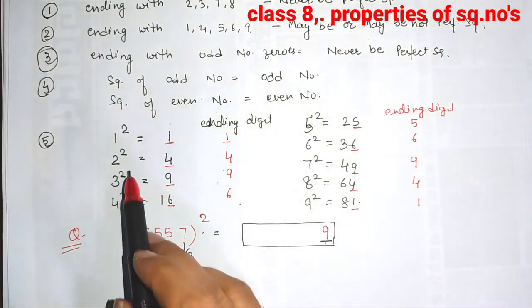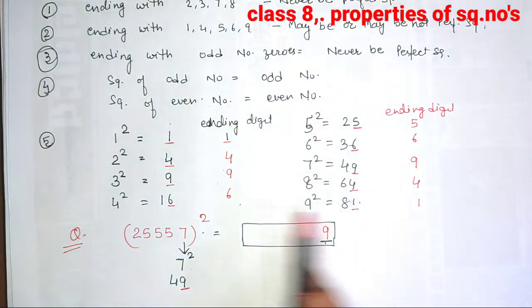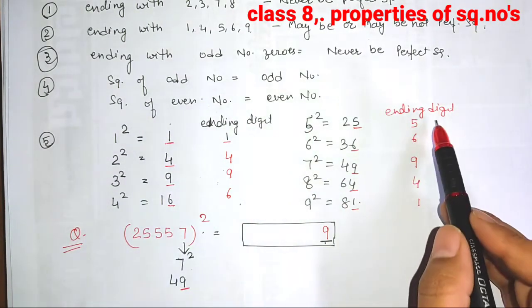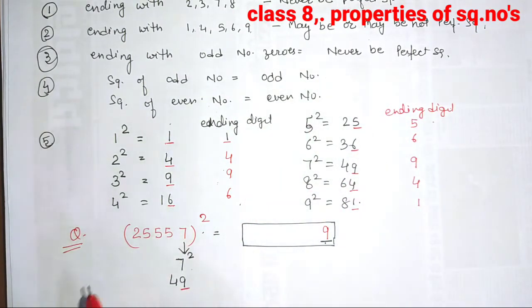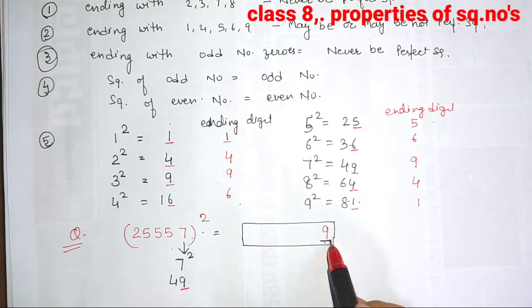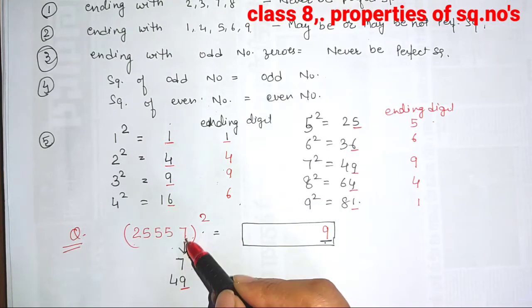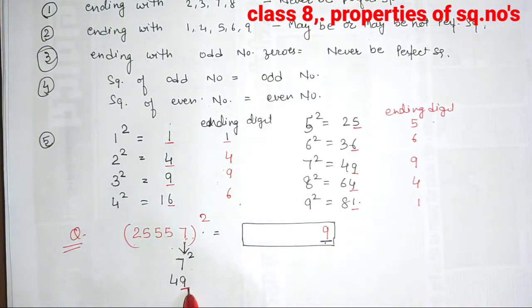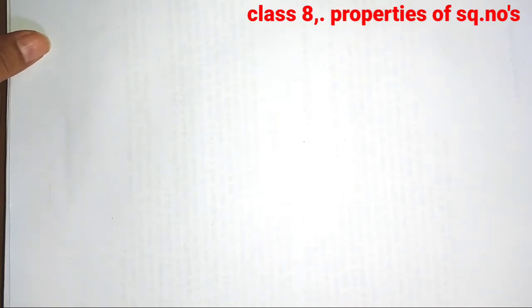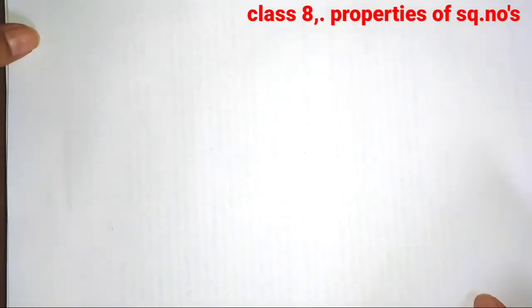By that way you can check any number, what will be the ending digit if we square it. You can see a very large number is there. If you square this, then you get a very large number, and it will take a lot of time. So better that you only want the ones digit. So you can square the ones digit only, and whatever you get in the ones place will be your answer.